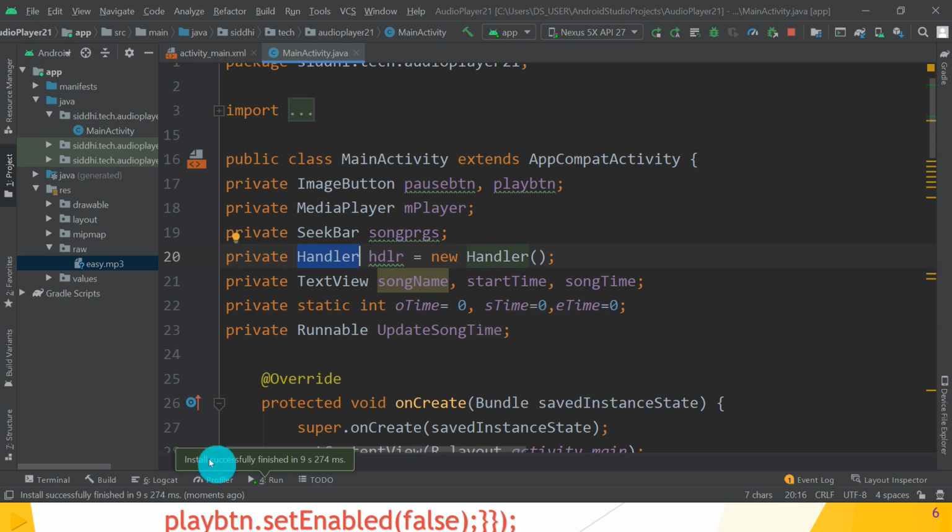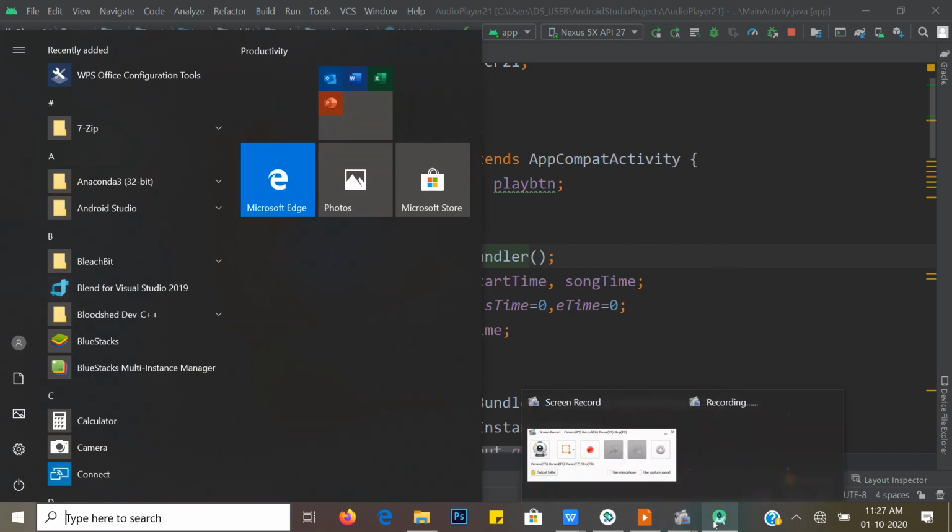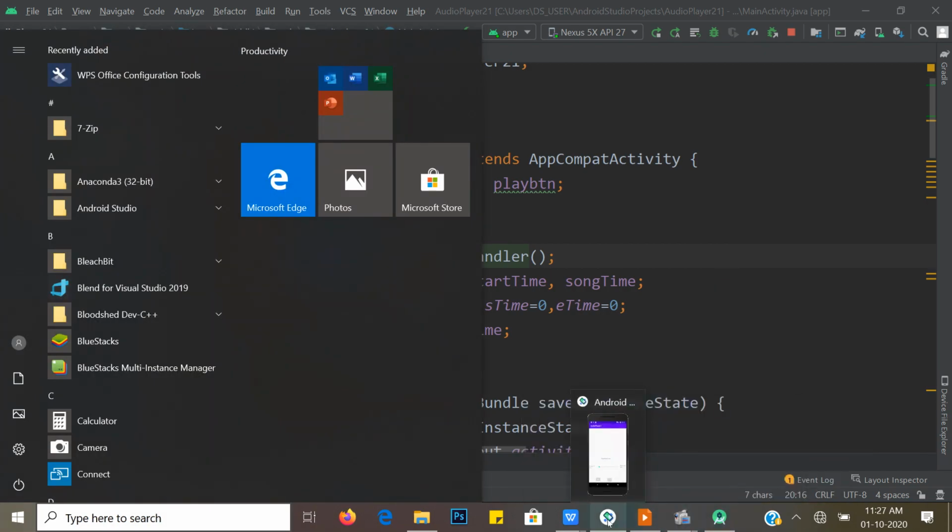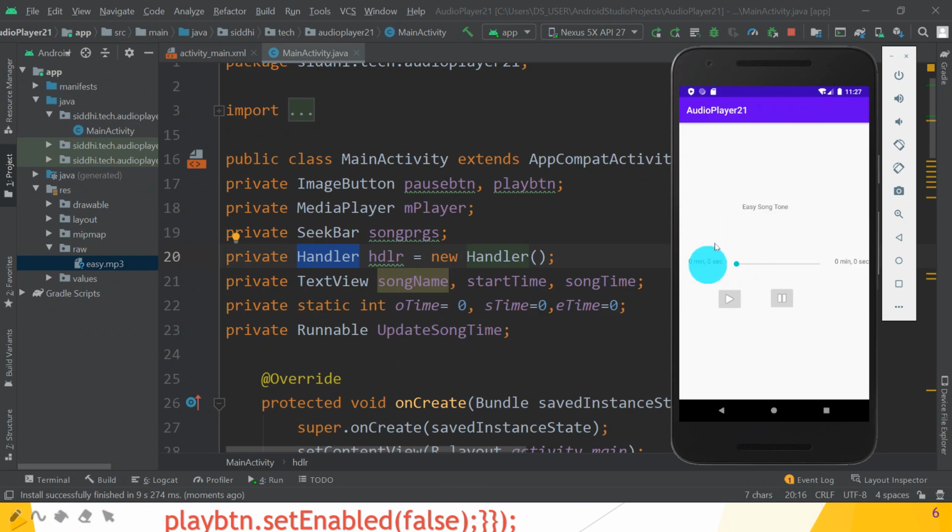Guys, installation is finished. So let's open the emulator. This is our emulator. The song time is initially 0 seconds. When you click on the play button, it shows playing audio, the song is playing, and it shows the time in seconds, and total time in milliseconds and seconds.